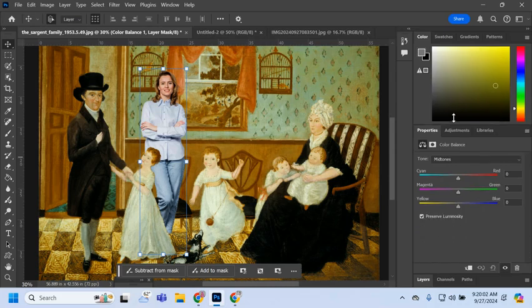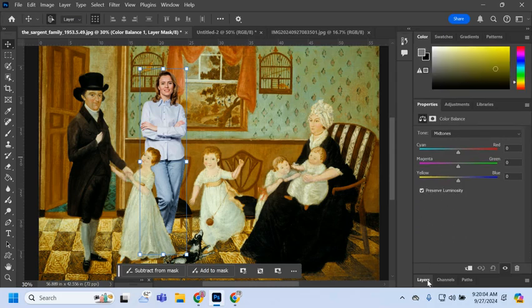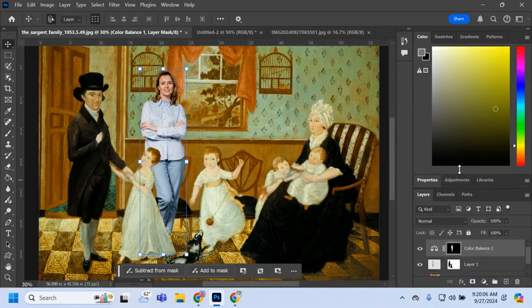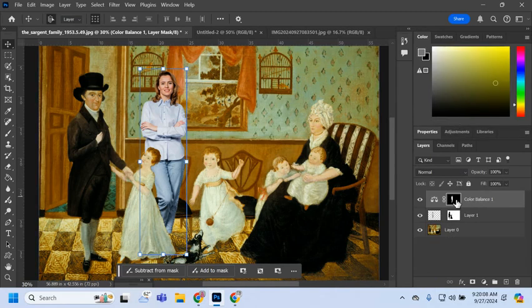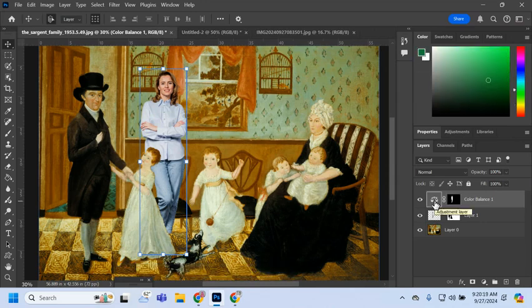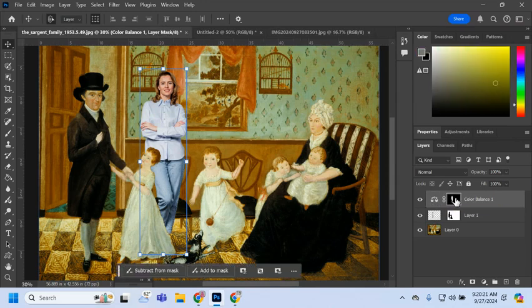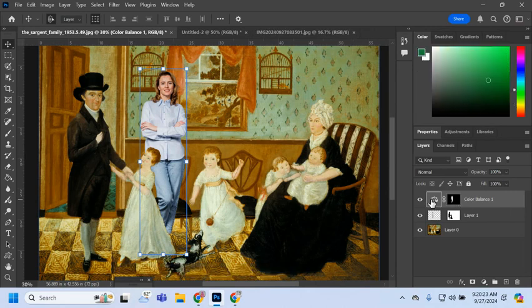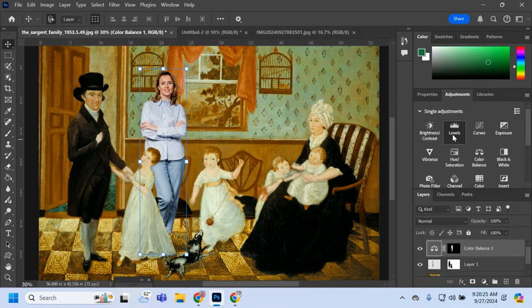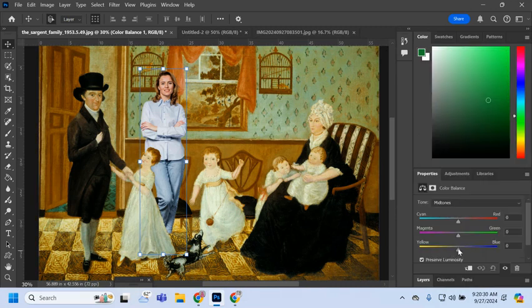And now, as you can see in the layers, there is a mask right here that's going to just color balance what is in the mask right here, right? So we're just going to color balance her. So I'm going to make sure we're on this layer right there. Go over here, go back over to our adjustments, go back over to our color balance, and